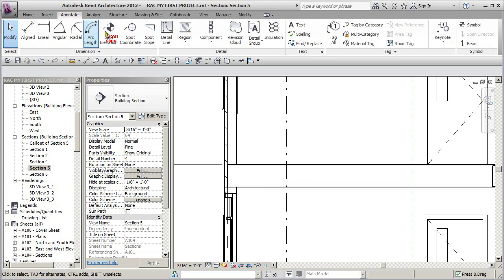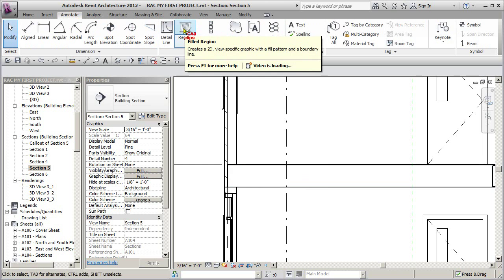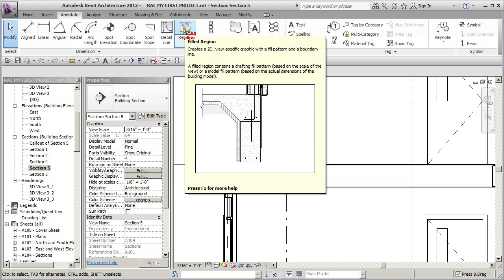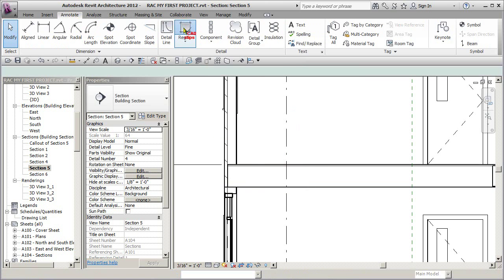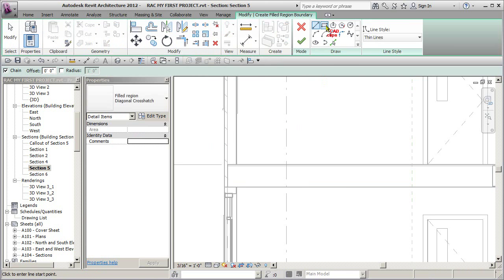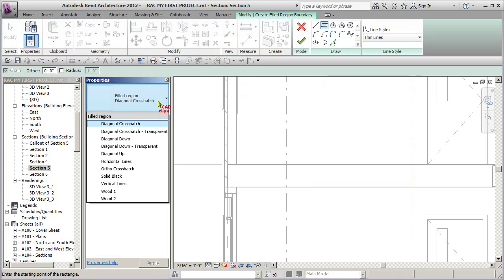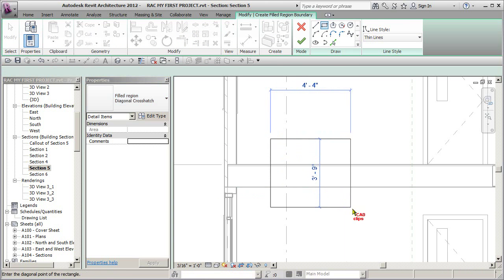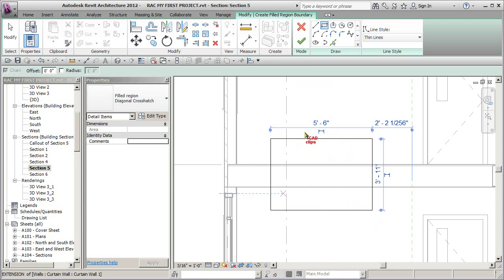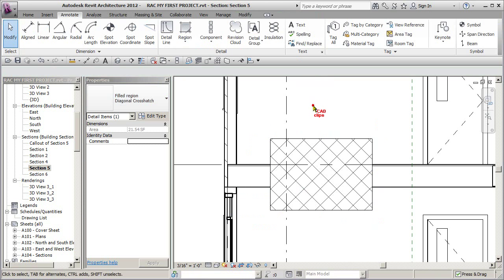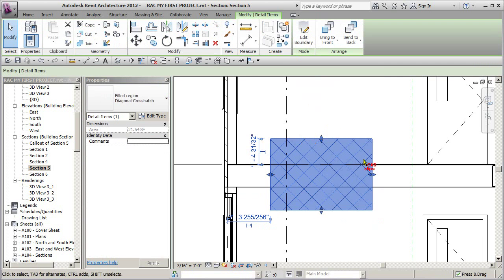I'm going to go to Annotate, and I'm going to create a region, which is just an opaque 2D space. So I'm going to say region. It's like a hatch pattern. And I'm going to just use a rectangle. Diagonal hatching, I'm just going to say, yeah, that's fine. I'll just use diagonal hatching, and I'm going to do a box. Click, click. Okay, finish. So what happens is this, because it's on top of this,